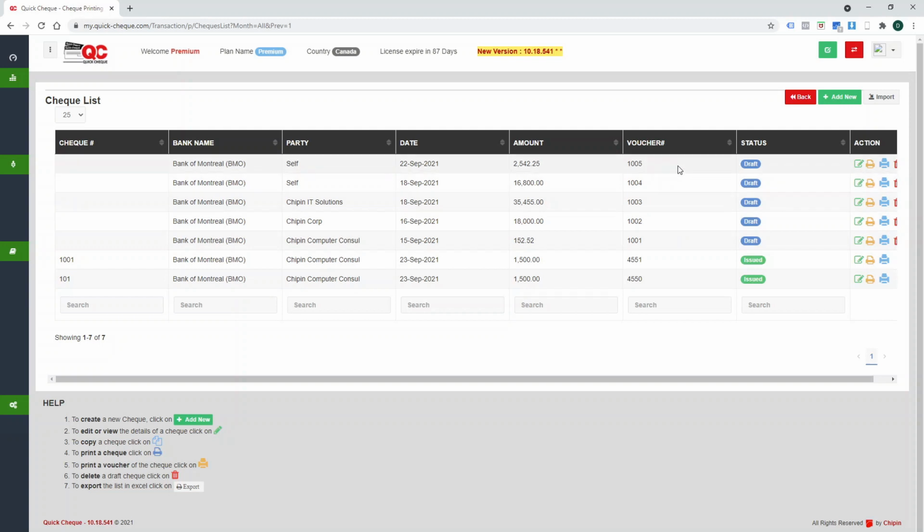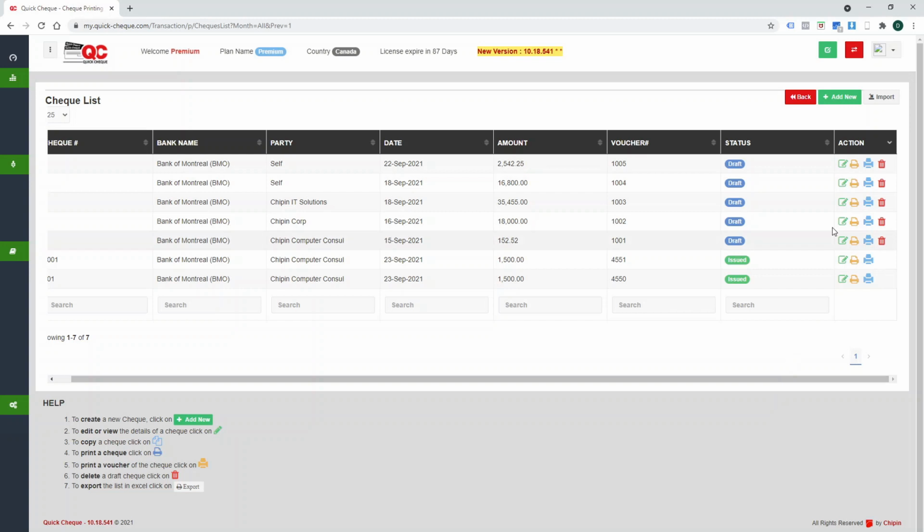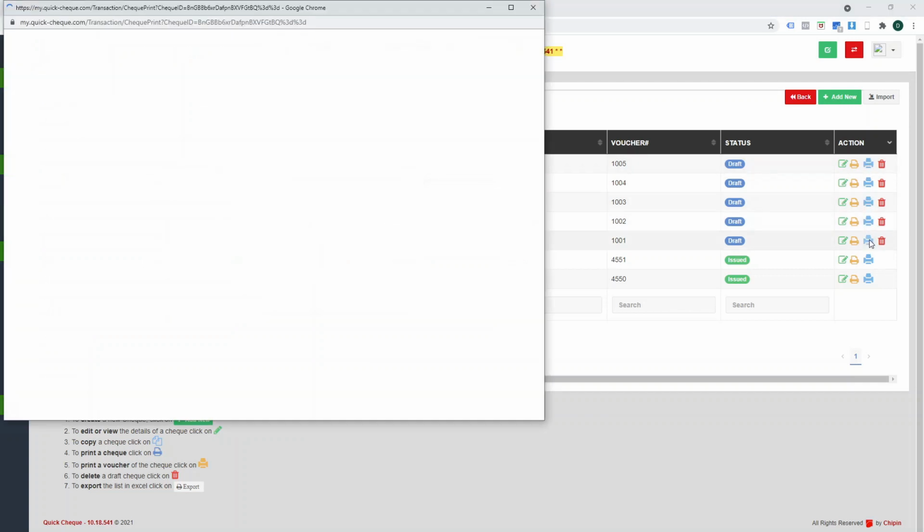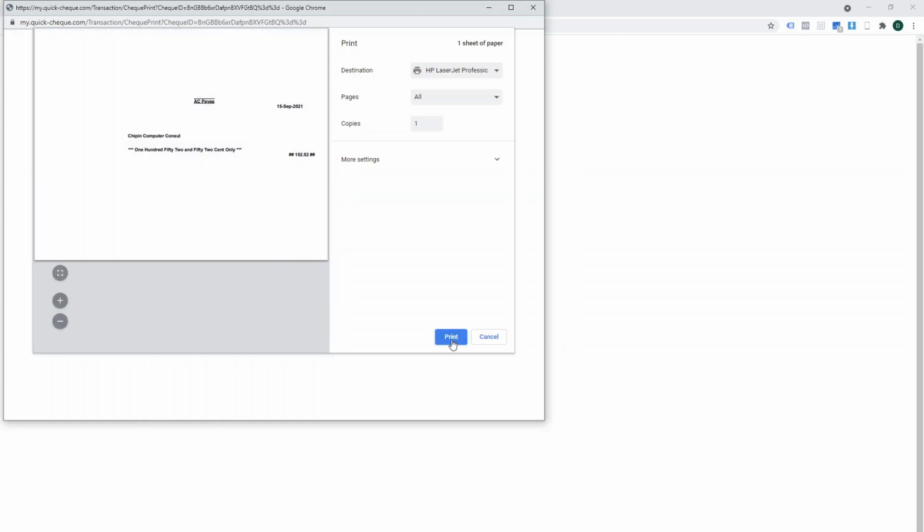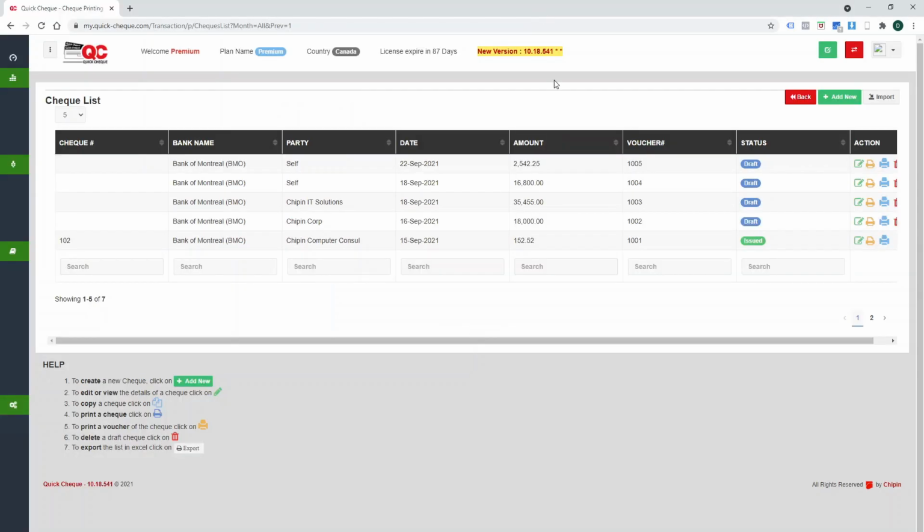These are the checks which I actually imported now, and these are the 2 previously created checks which we did in our example. So I can see that on 15th of September 152.52 is to be issued, 16th of September 18,000 is to be issued, and so on and so forth. I've got a couple of options on the right hand side. I can either click on this small button to print the check, this blue one, print the check. So when I click on this one, for example this one, it will directly print the check onto my printer. I can say the print from here, and it will go as per the predefined selected format.